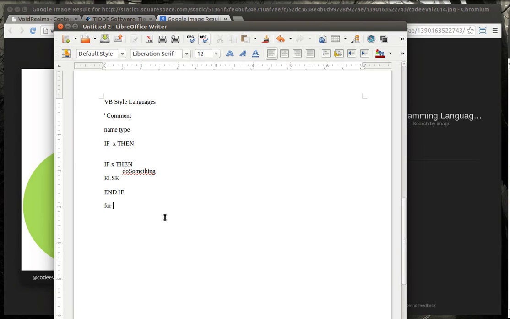Syntax for these is a little different. But you notice the basic structure. You've got for, some variable equals some value to some value, then do this. And in modern languages, they have a for each, which is called an iterator. Basically, you have a list of things, and you can iterate through them. But we're not going to really go over it because it doesn't really exist in all languages, and it's drastically different in most languages.